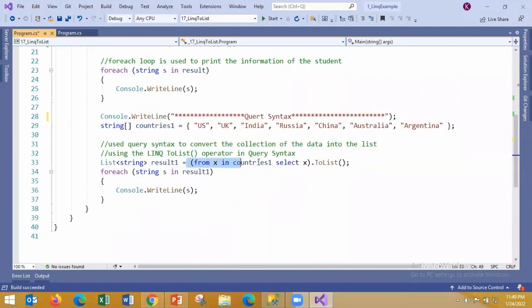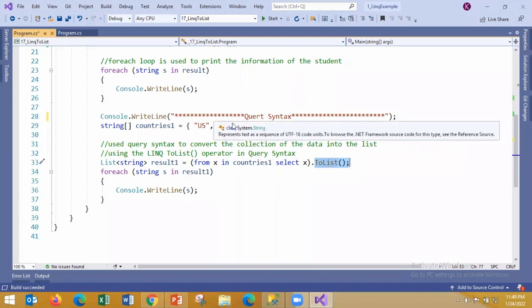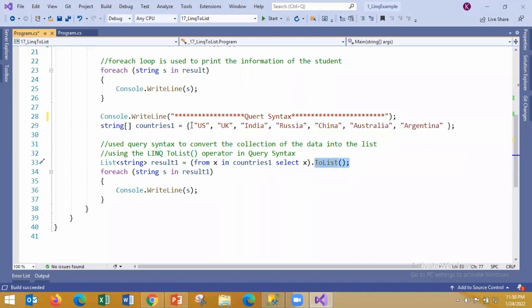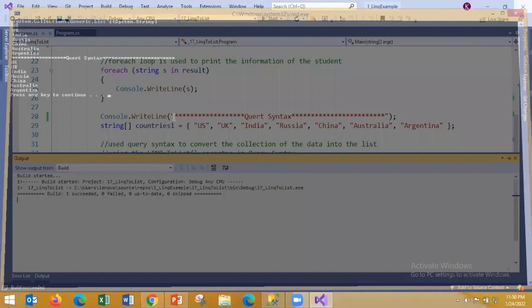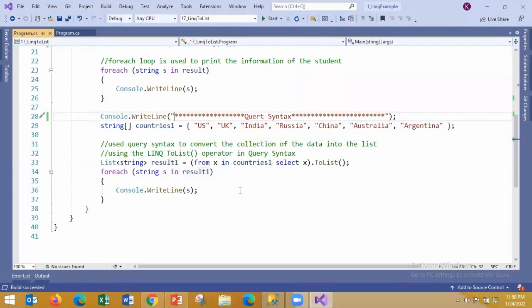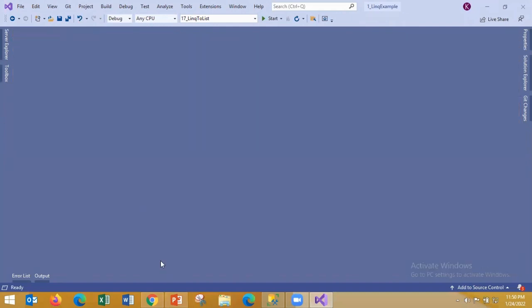Here we are using query and then a method selection. So from x in countries1 select x, and the value of x will be converted to a list, and that will be put to a result1 reference variable. And then you can use a foreach loop to iterate over result1, which contains a list of countries, and that is conversion of an array to a list. That's a query syntax. You can use any one of them. You can use a method syntax or a query syntax to get it. Right. Okay, next part is